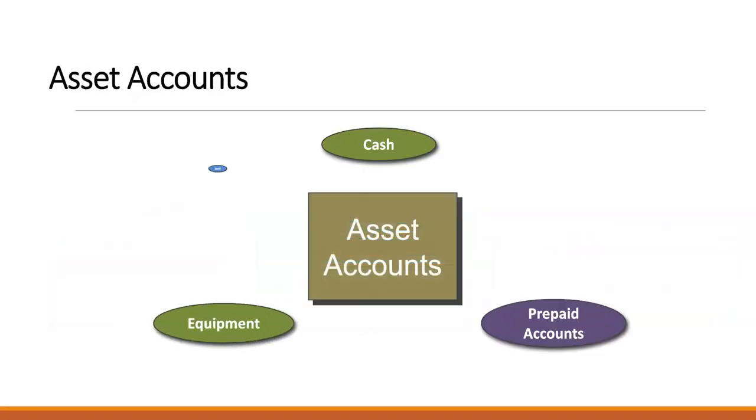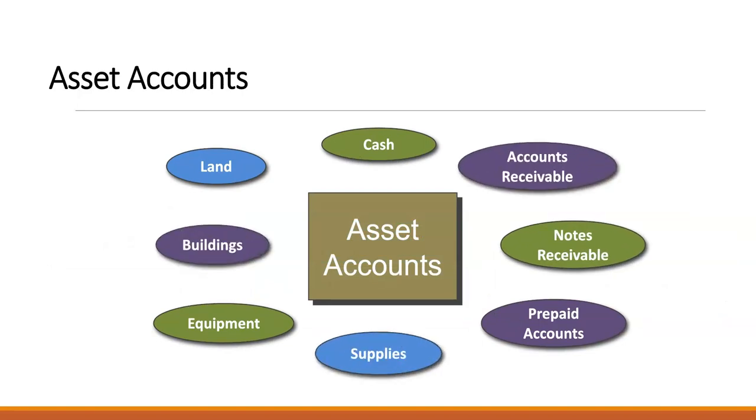So let's talk about asset accounts. Asset accounts are things that the company owns, things that benefit the company, resources that the company uses as part of the business. Cash, buildings, equipment, supplies, land, and then accounts receivable and notes receivable are money that people owe to us. Accounts receivable, we've offered a good or service on credit and people are going to pay us cash later. In notes receivable, we've loaned money to someone. So we gave them a note, we loaned them money, and they have to pay us back